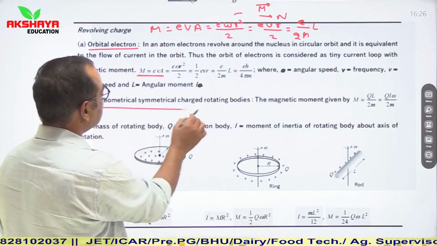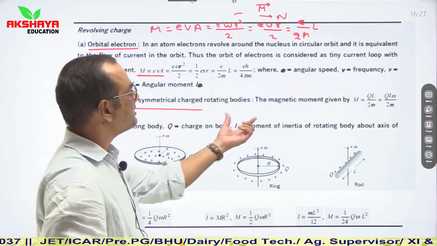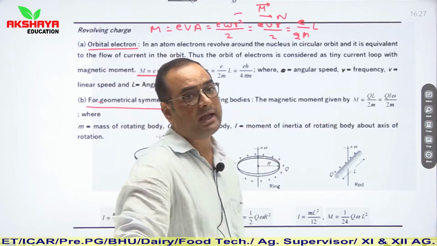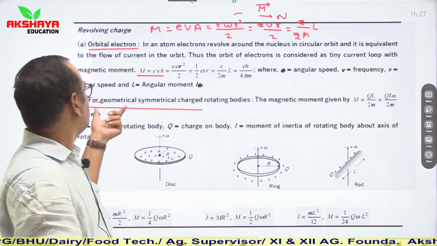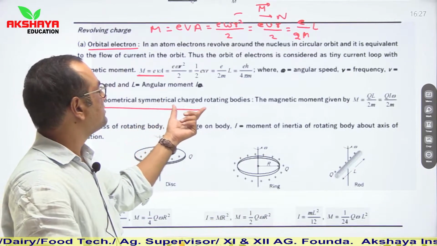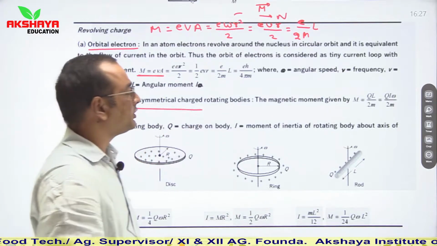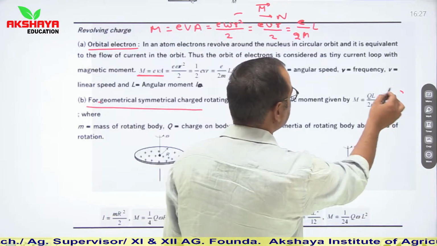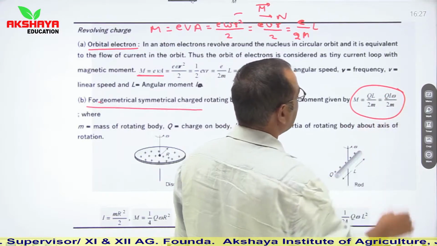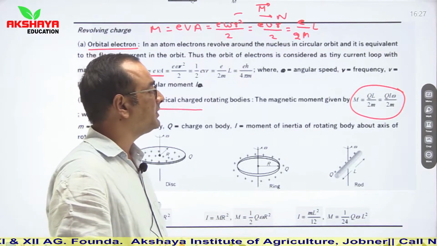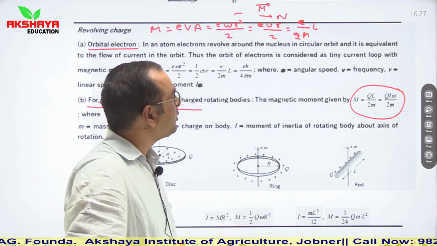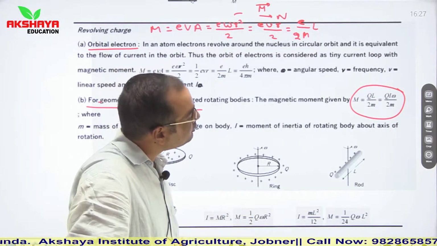For geometrically symmetric charged rotating bodies, the magnetic moment is given by m is equal to QL upon 2m. So if we talk about geometrically symmetric bodies which are charged and rotating, then magnetic moment is given as m is equal to QL upon 2m. Here Q is charge, L is angular momentum, and M is mass